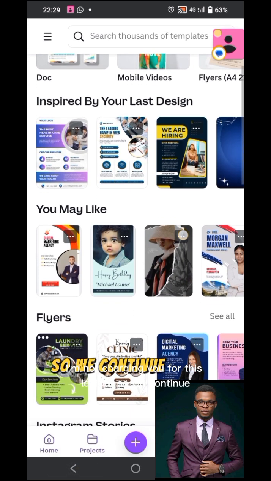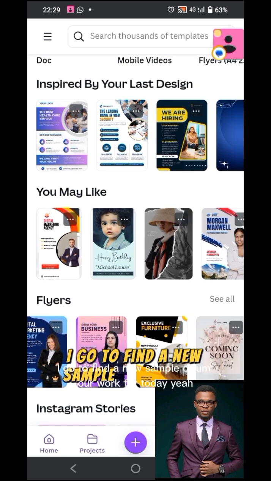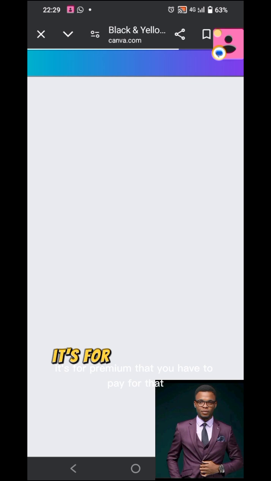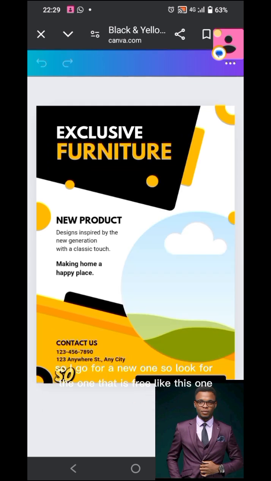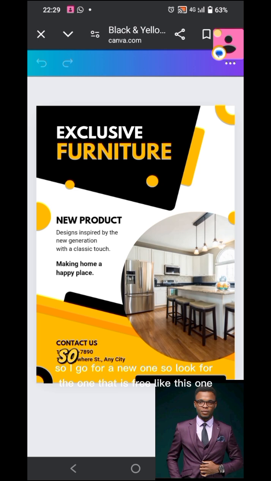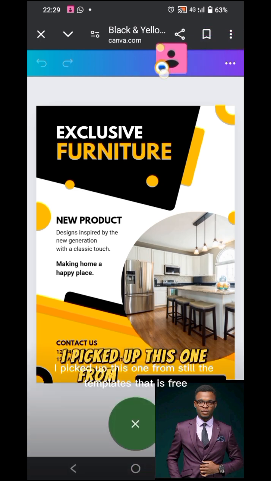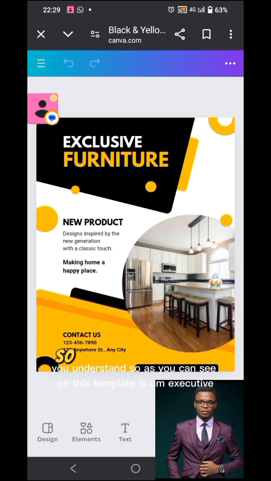So we continue. I go to find a new sample for our work for today. Like I said, that one is for premium, that you have to pay for. So I go for a new one. Look for the one that is free. Like this one, I picked up this one from the template that is free. You understand? So as you can see, on this template is